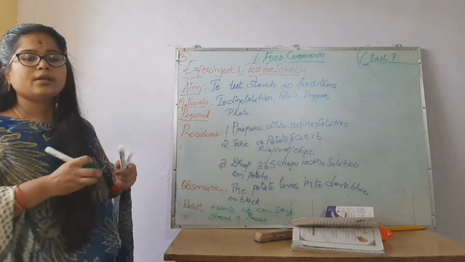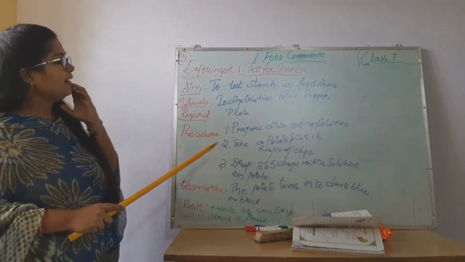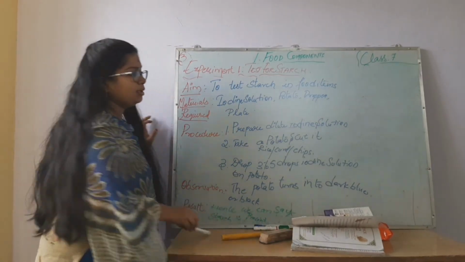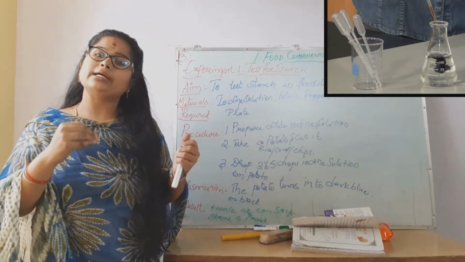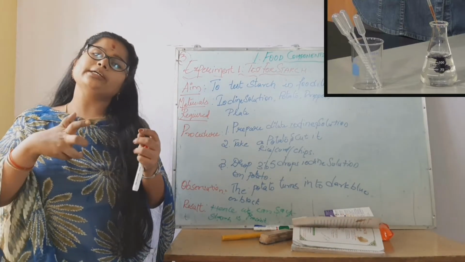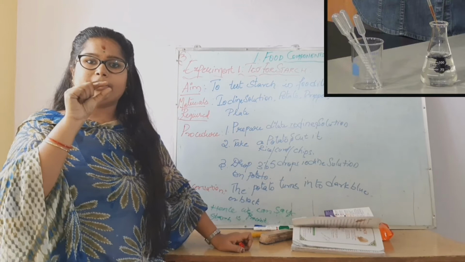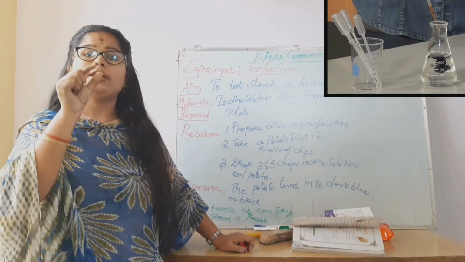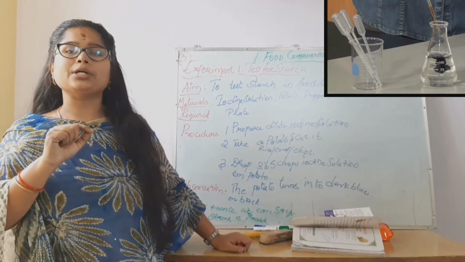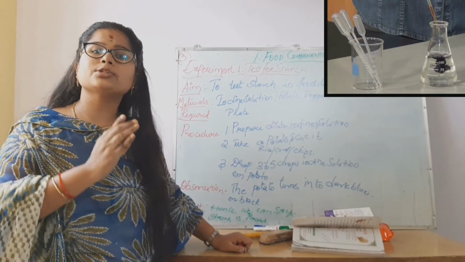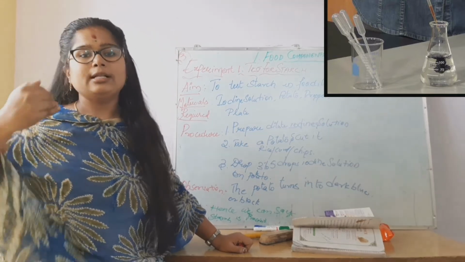So first, you need to prepare dilute iodine solution. What do you mean by dilute? Dilute is something that becomes diluted if you add water to it. Something like curd, to make it dilute, you can add water to it. Like iodine solution: thick concentrated iodine solution, if you add 2 to 3 drops of water, becomes dilute iodine solution. In dilution the concentration becomes less than the original.